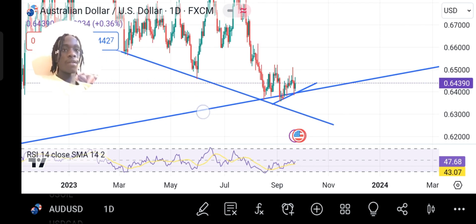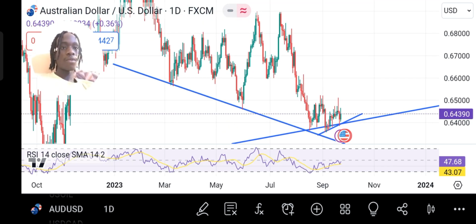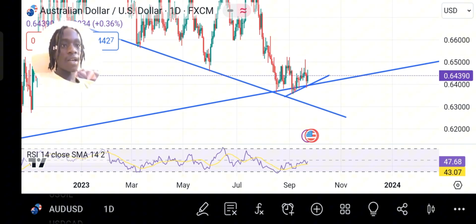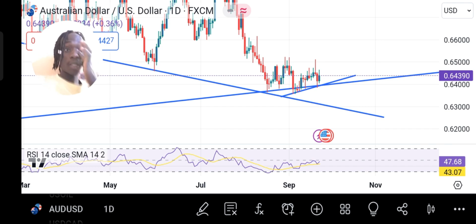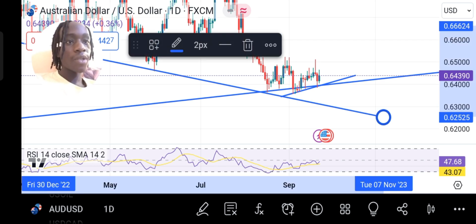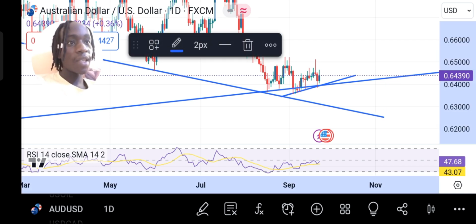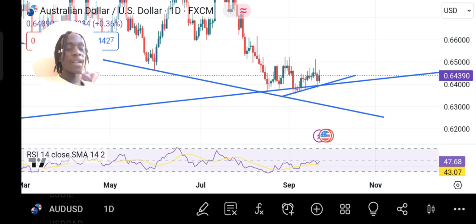You can see the market formed a lower low, lower low, lower low. You can see how these trend lines connected here. It formed a lower low, so it didn't come back to retest this. It retested the other one. You can see it is forming a clear diamond shape. Yeah, that is a diamond shape